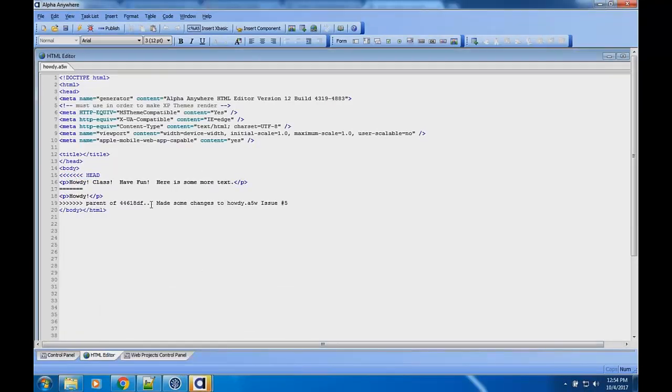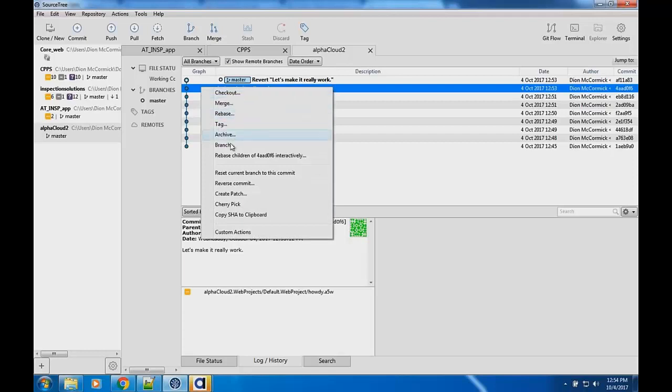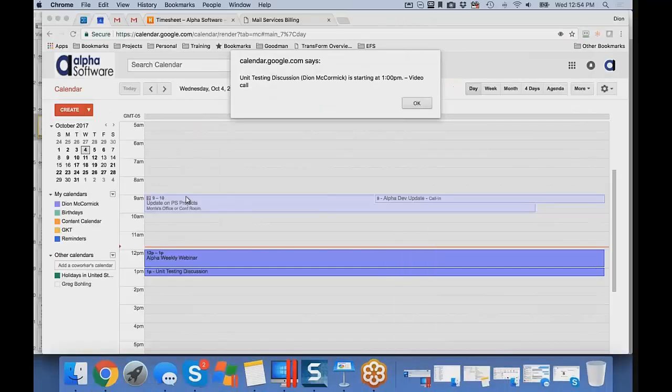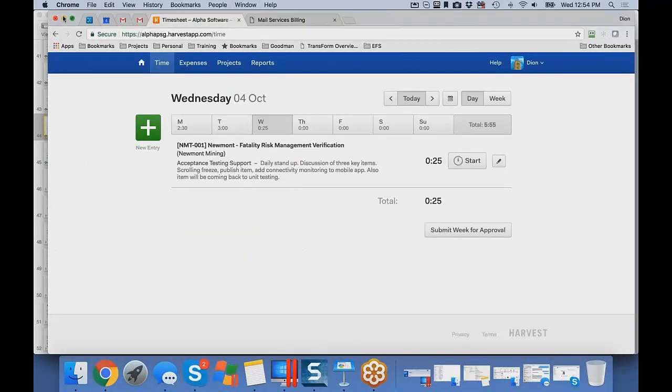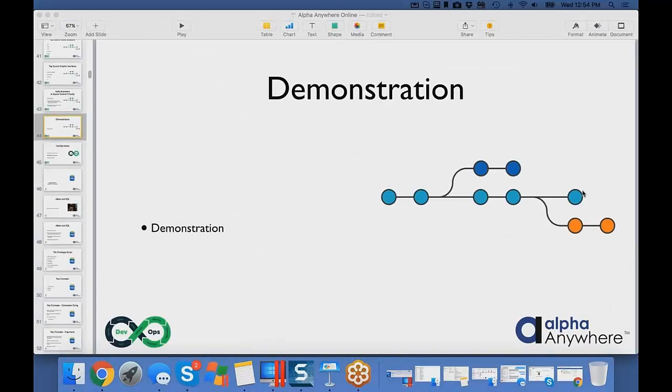Well, I apologize, but that's the concept, is that as you check these things in, you can reverse them, you can map them back. I could create a branch right here, and what it does is it basically makes a copy of everything, allows me to change that copy and then merge the changes back in, all that. And it's much easier to handle in here, like doing merging and other things. Rebasing means bring it back to what is in the repository from there. So, long-winded question, but let me go ahead and bring this down here and go back to the questions. We've got about 5 minutes, so I want to get through a few other ones.